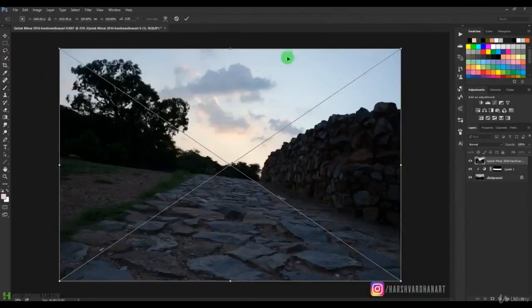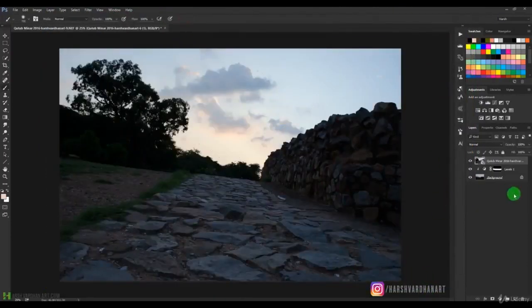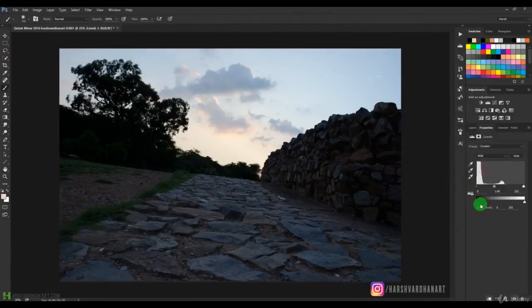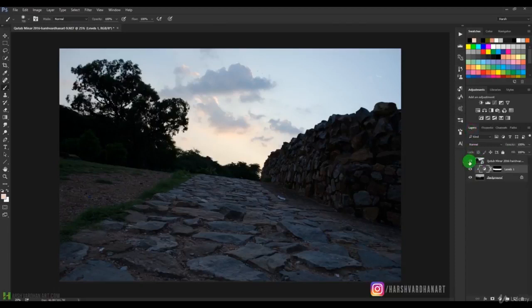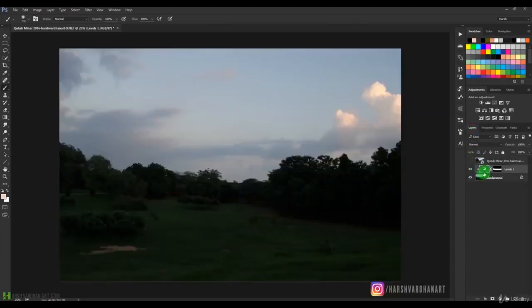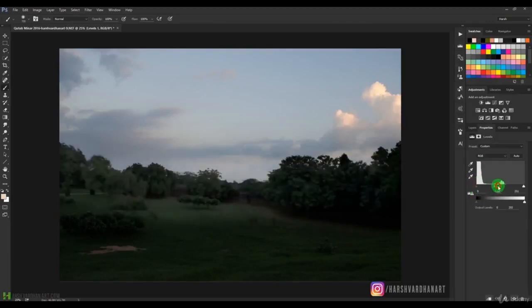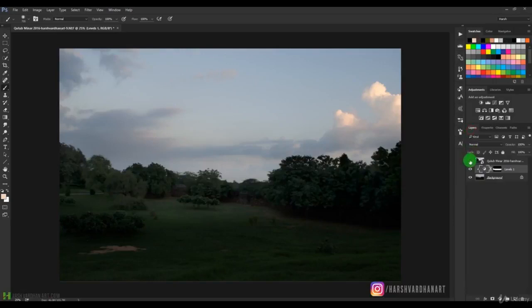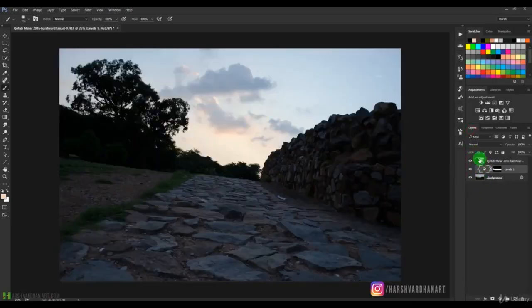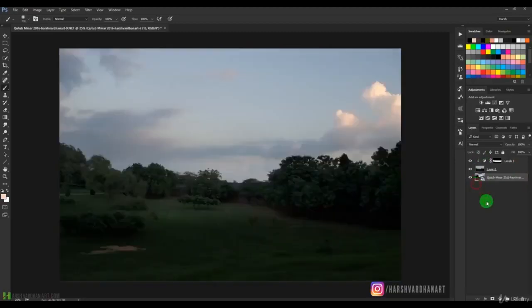I think let's take this one to show you clearly, and you can see now if I make any adjustment, it is not going to affect this layer. So if I turn it off, and now let me show you, it is affecting only this layer, not the above one. And similarly, if I drop it down,